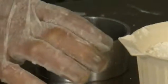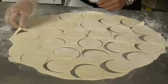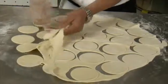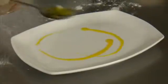Now take an egg ring and cut out as many circles as you can. Remember to re-roll any excess dough and cut more circles. Now is the time to fill our beautiful momo dumplings. First, cover a plate with a little oil. This will prevent the dumplings from sticking. To fill,